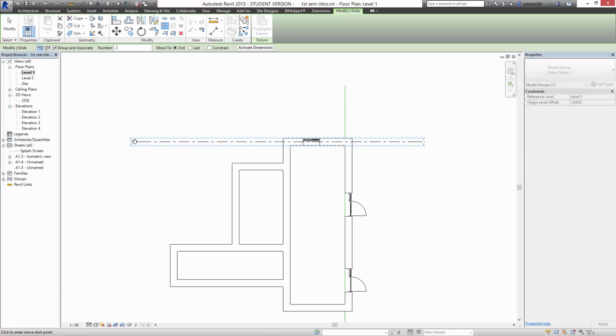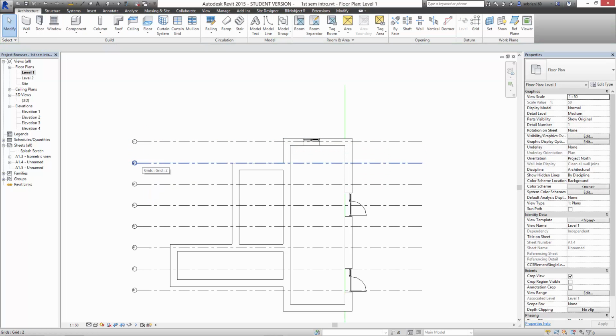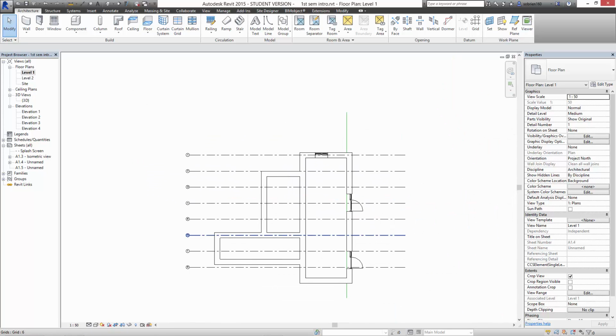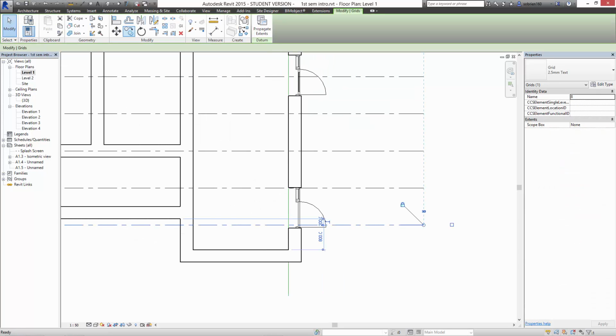Select array. And let's say we want 8 grids. We want to go from here. We want it 1200, and it'll do it for us like that. Okay, and you can see it also makes the numbering system for us, so we don't have to worry about that stuff. And I think we probably need one more in there, so I'm going to select that one there,